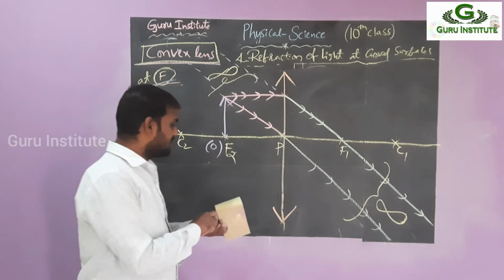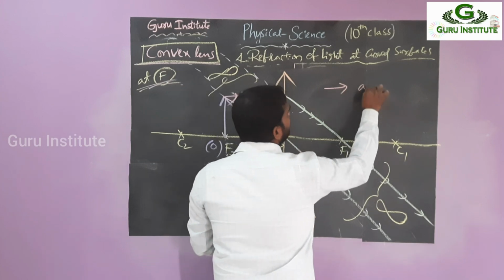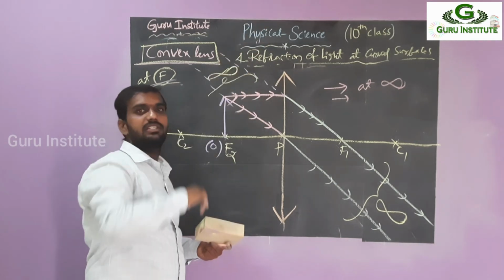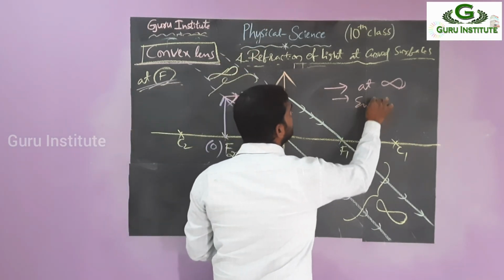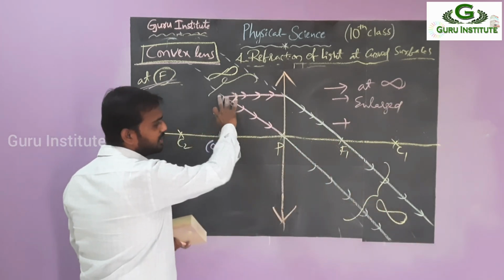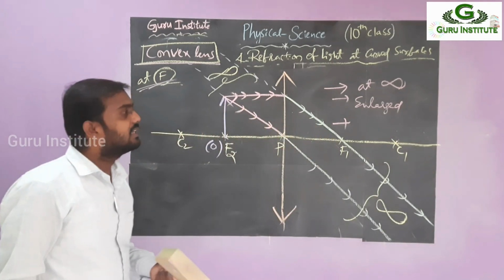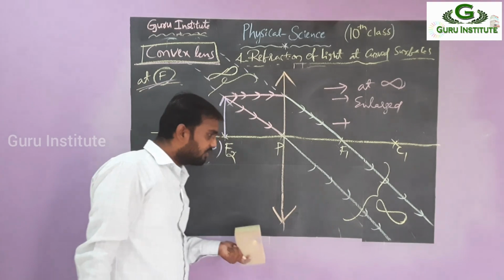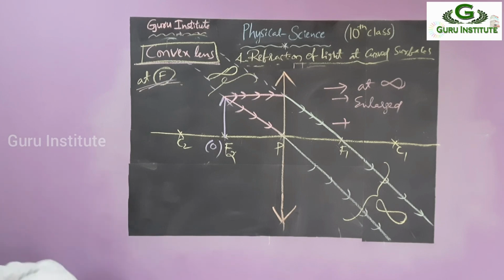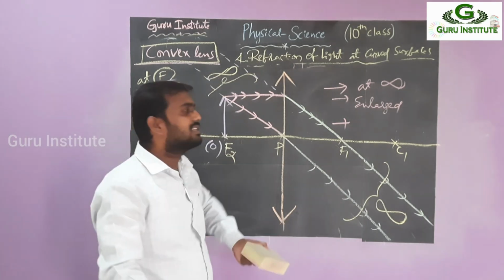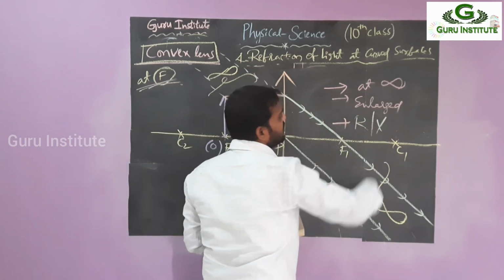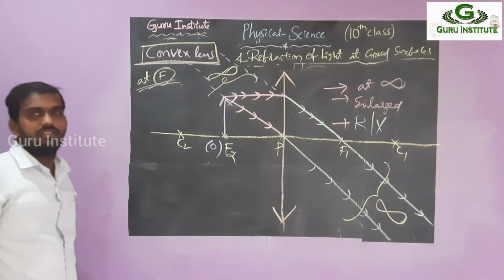So now tell me, what is the nature of the image here? Image formed at infinity. First one: enlarged or diminished? At infinity, that is obviously an enlarged image. Automatically we know that if it met here only, the size would be this much; its size is more, so that is enlarged. Inverted or erect? We can't say that. Why? Because we can't know whether they meet directly at infinity or indirectly at infinity. So we can't say whether the image is inverted or erect, and we can't say whether it is real or virtual. Okay? So this is the case of the object at focus.